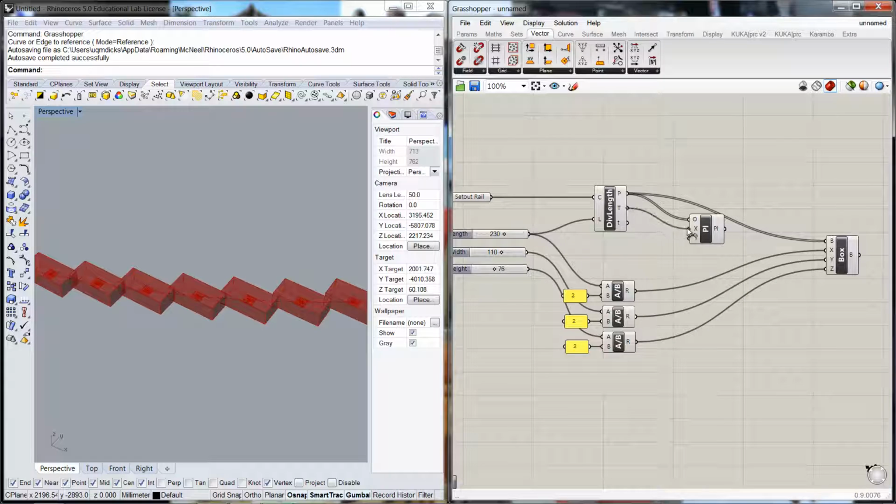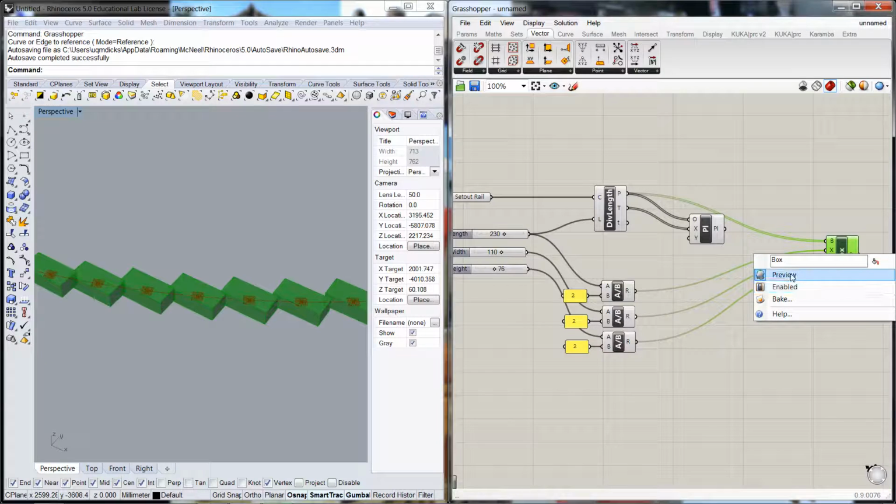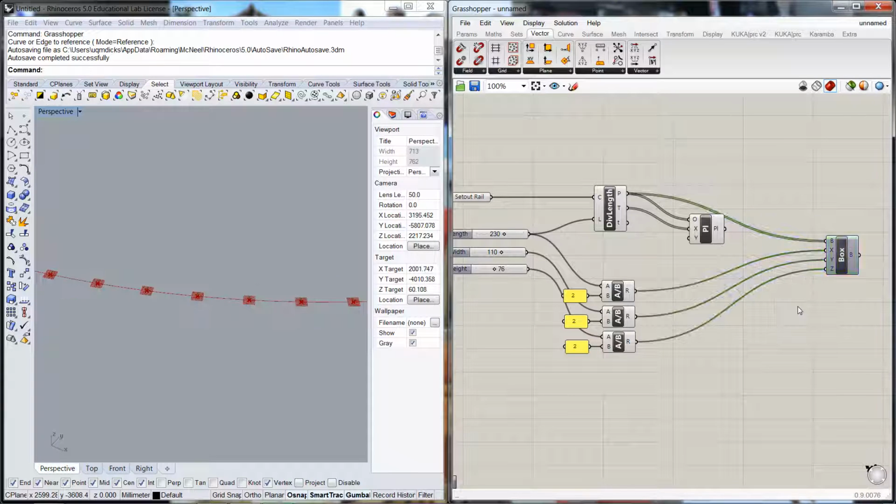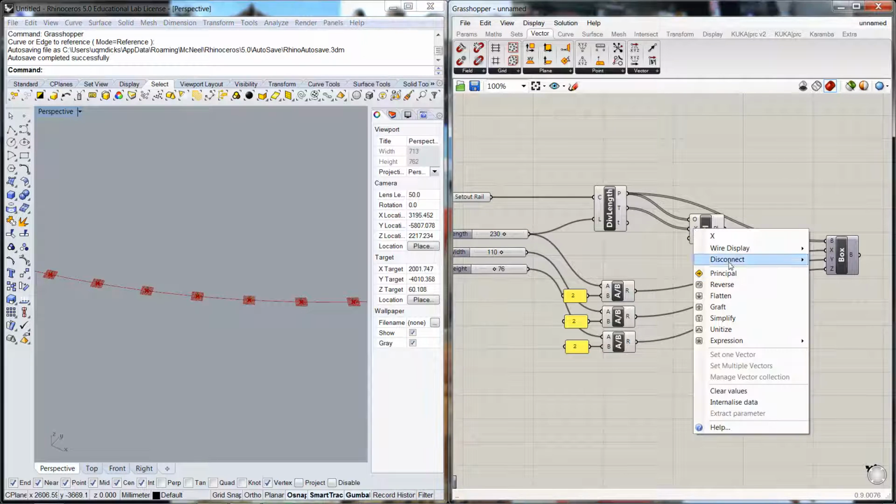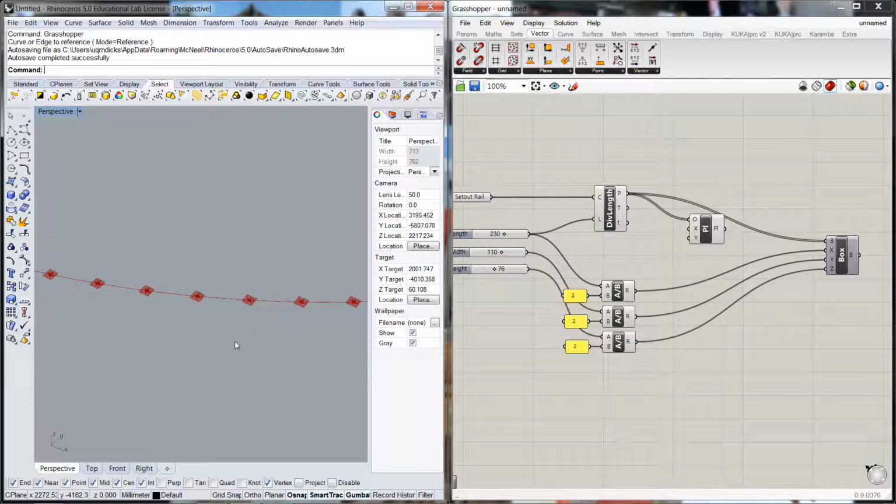So if we pop that into there, and let's just turn off the box. Now to turn off that geometry, what we can do is we click on the box, right click, and you see here the preview, we'll click that off and that makes the bricks invisible. Now what you can see through here, I'm just going to disconnect that there. So you can see here at the moment,